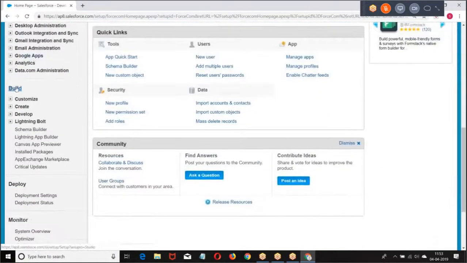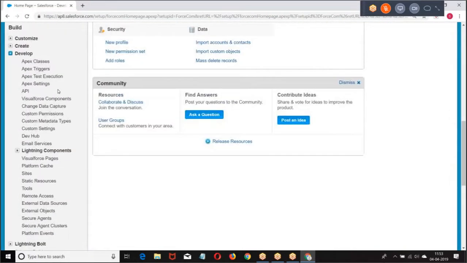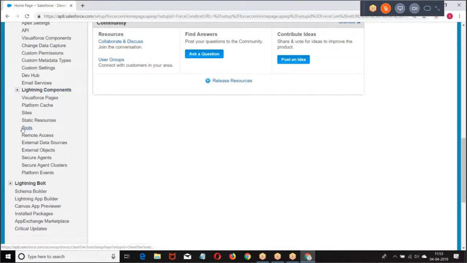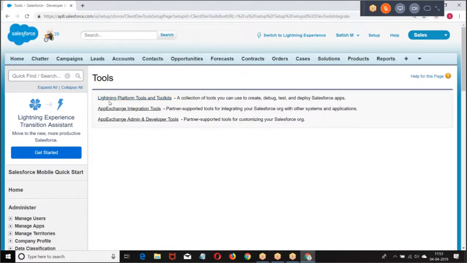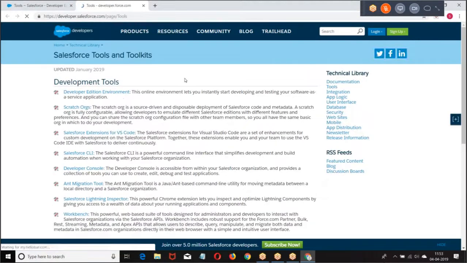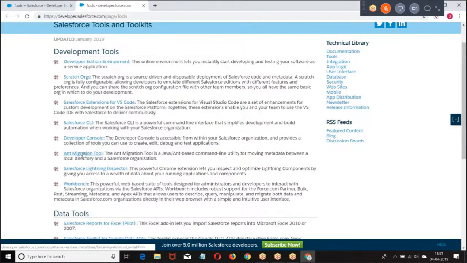Then we have build, develop, tools, Lightning platform tools, then we have Ant migration tool.